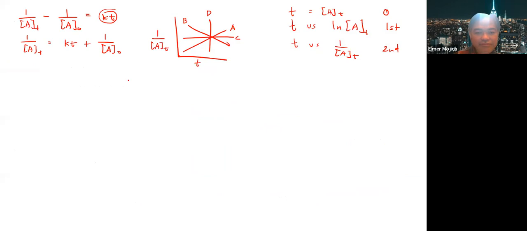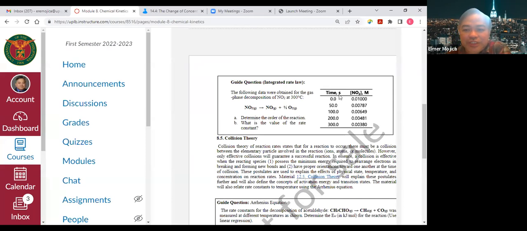I will graph time versus A, concentration with time, using the values that you have here. In another one, I'm going to graph time, and convert this into ln of NO2. I take the ln of these values and then graph it. Then for the second order, time versus 1 over the given value. And then what do I do? In the plots I made, I will look at the R squared. The R squared that is closest to 1 will tell me the reaction order.